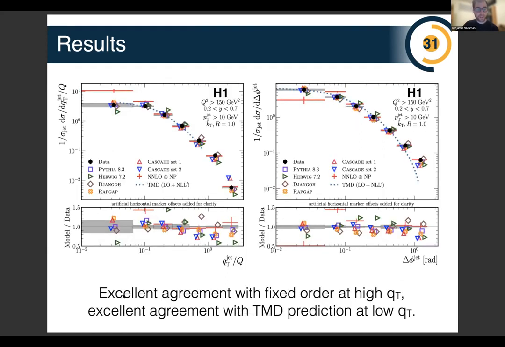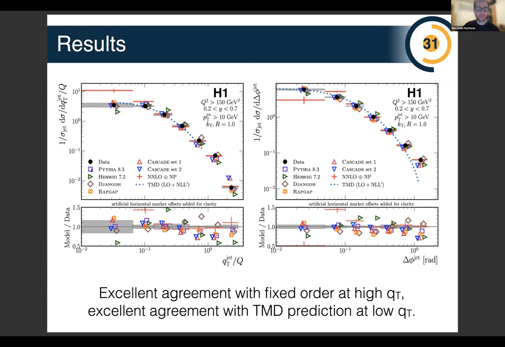Okay, here are the results. Left is QT over Q, and the right is delta phi. These two observables are very related. So low QT corresponds to low delta phi. So delta phi here is defined as pi minus what you might think delta phi should be. So low delta phi is actually very back-to-back, which is the low QT region as well. And we have an excellent